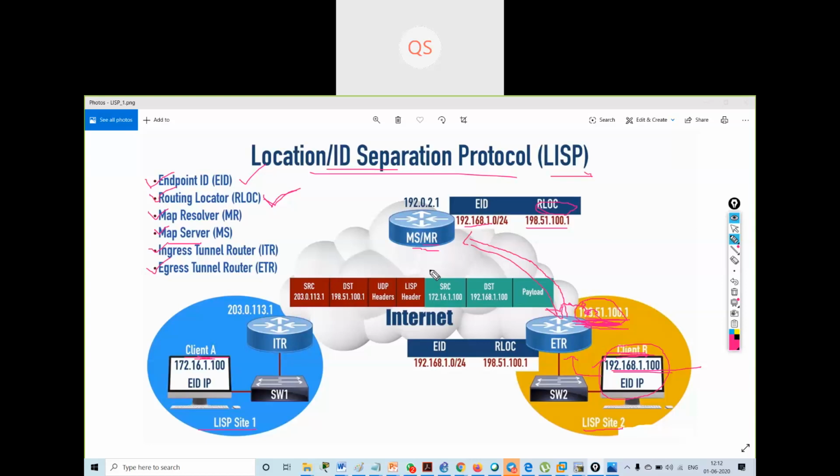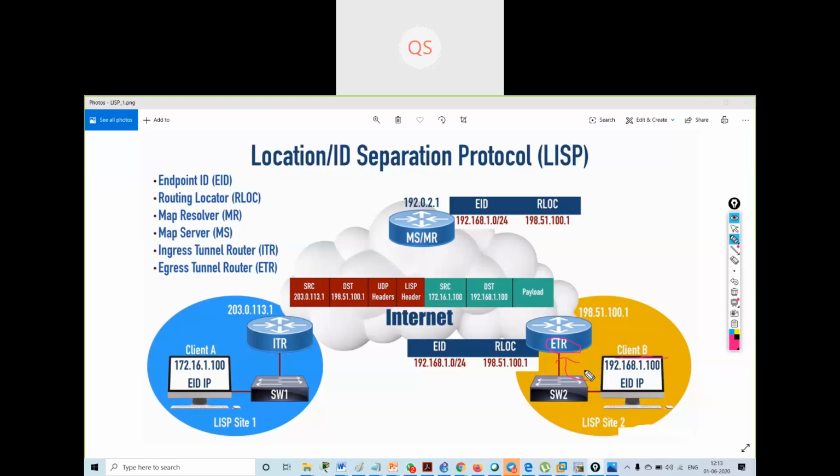As I told you, if my client B on LISP 2 wants to register with its map server, it will send an update to the RLOC router saying this network is over here.